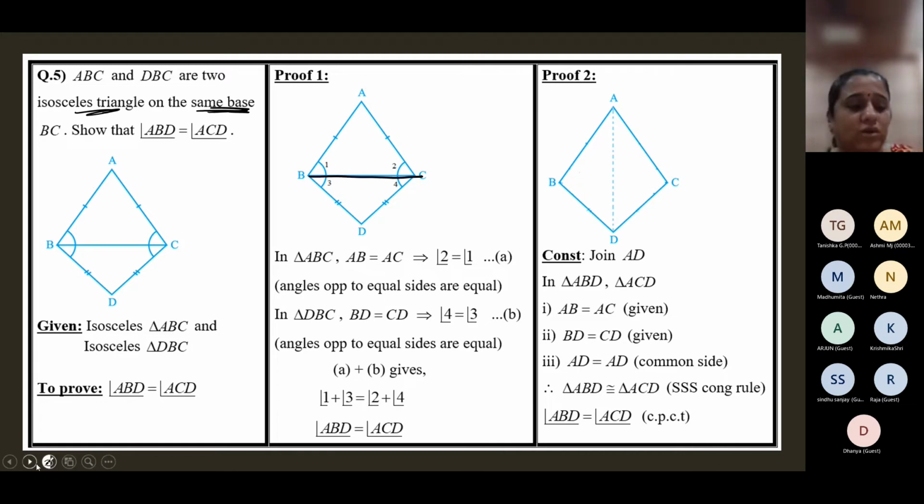Now you may have this question in your mind: how do we know that these two sides are equal? It's marked as one thing in the figure given to you in the textbook. But when they use the word base, that is not any of the equal sides. So BC is the common base. If BC is the common base, the remaining two sides are equal. This side is equal to this side and this side is equal to this side. So we have to prove that angle ABD, this full angle, is equal to this full angle, ACD.